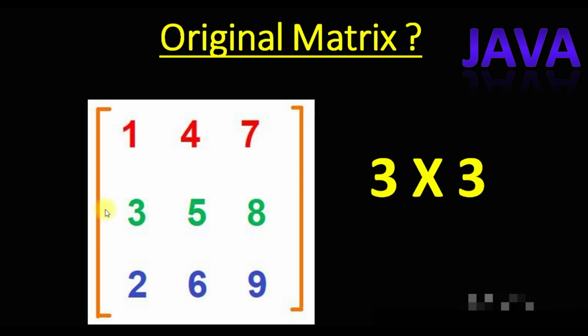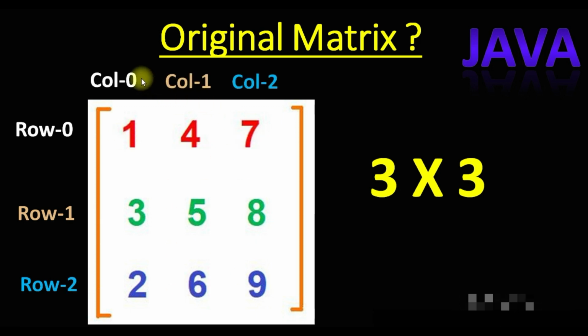There are basically some rows and some columns. Okay, and it says 3 into 3, basically a 3 row and 3 column matrix, so that's why it's a 3 into 3 matrix, right? Now you can see here the rows 1 2 3. I basically made it 0 1 2 to give you an understanding of the index. So it's row 0, then row 1 and row 2, and similarly